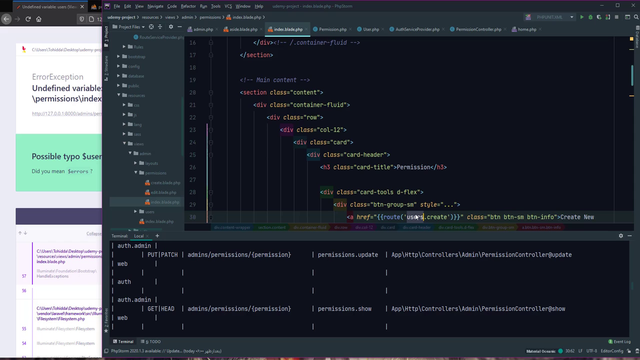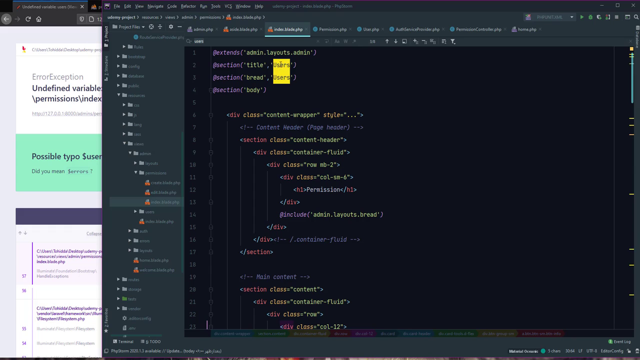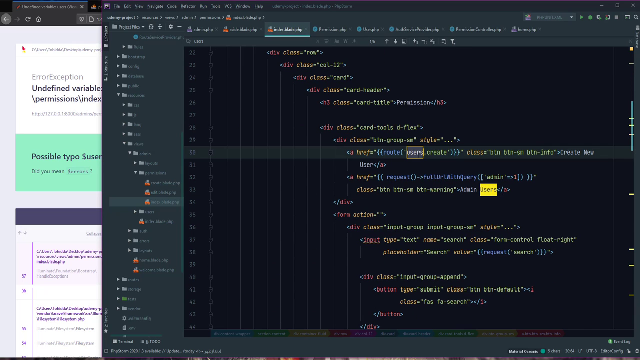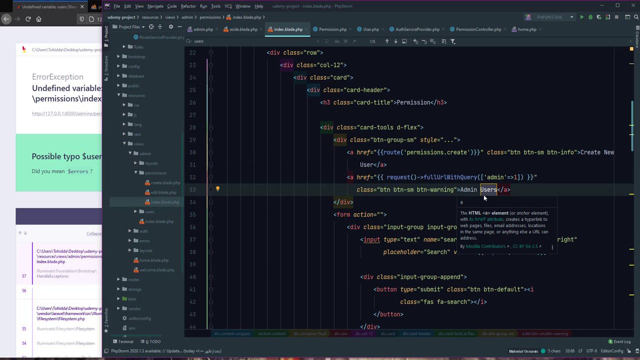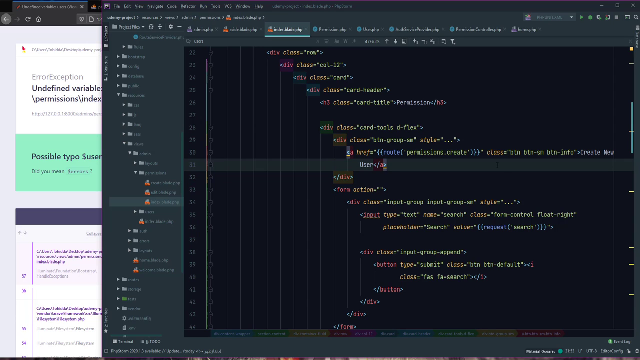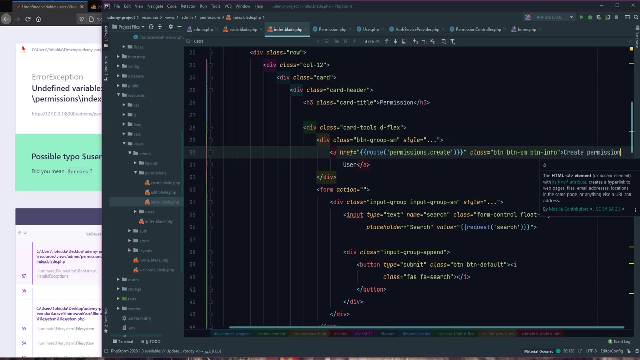Just change users to these permissions and permissions, route permissions add user. I remove this, not admin, okay, and change to create permission,